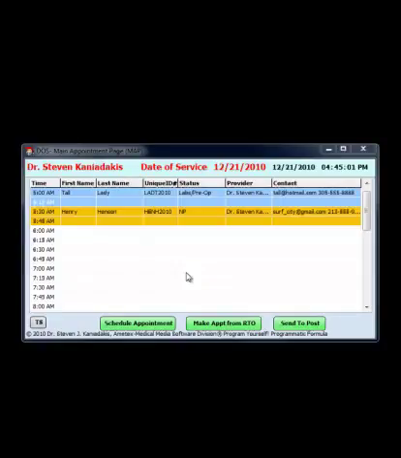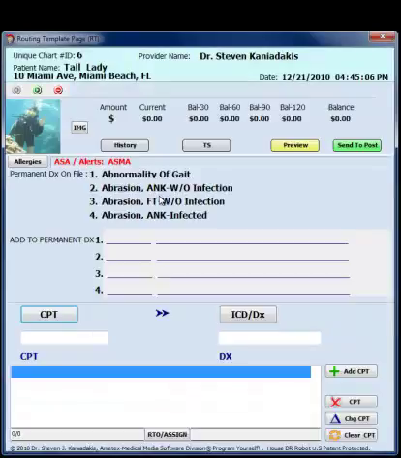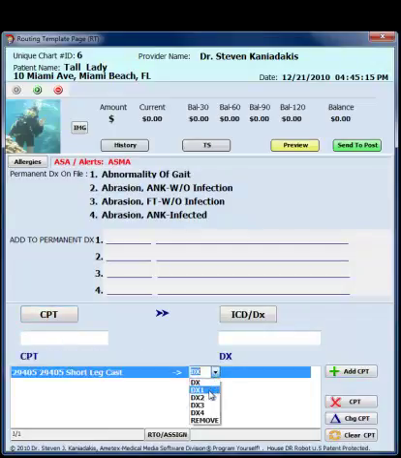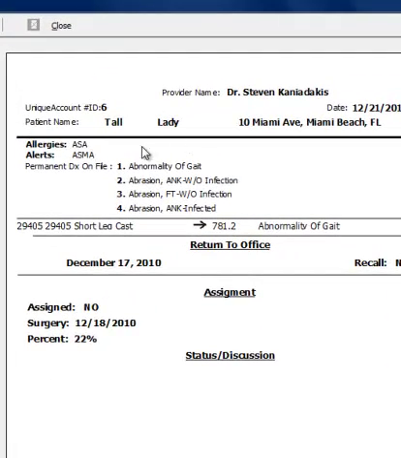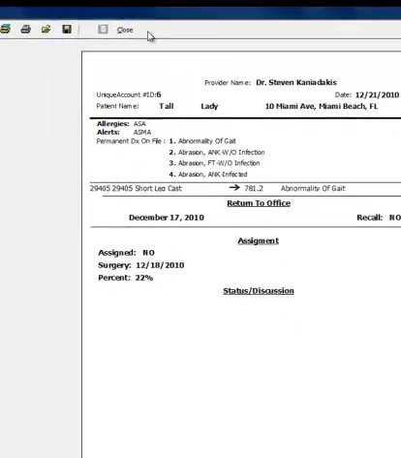When returning back to the main appointment page or MAP screen, press on the patient's name, generate a routing template, select a service, select a diagnosis, preview. Patient's name, diagnosis, service relates to diagnosis 1, return date, surgery date. Everything looks fine. We can actually print this page or send it